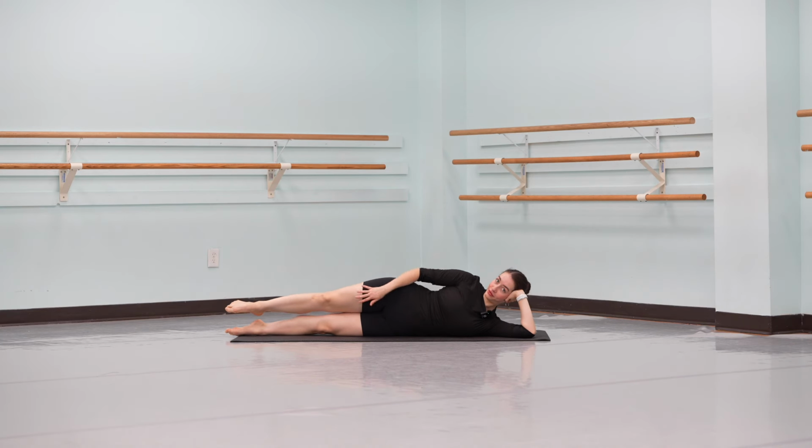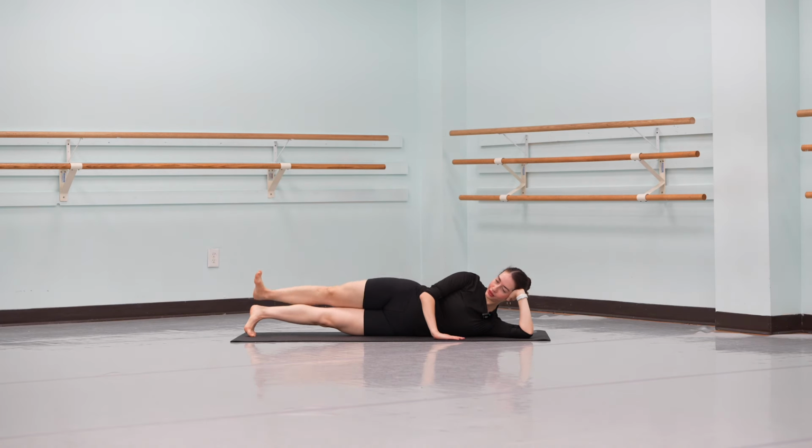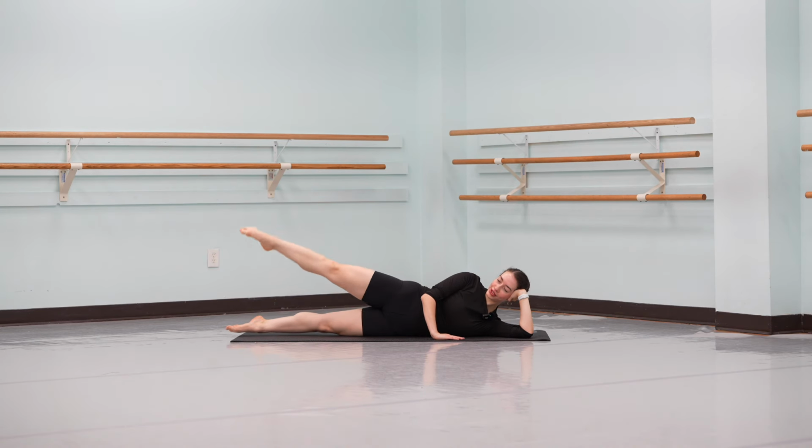And starting with the right foot, flexing, and we go out and cross back. 2, 3, and 4, 5, 6, and 7, 8. Good. Now pointed. 1, 2, 3,